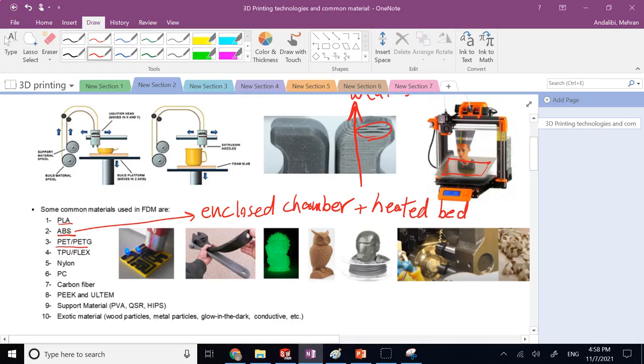Okay, and PETG is also a polymer. It's not biodegradable really. And the good thing about PETG is it is food safe. Okay, unlike ABS, this one is food safe. This is the kind of plastic you see in water bottles. When you get these water bottles from any vending machine or the stores, most of the time the plastic used in them is PETG. Of course, they are not 3D printed. Okay, they are typically created by vacuum forming or injection molding or other methods, but PETG is one of those